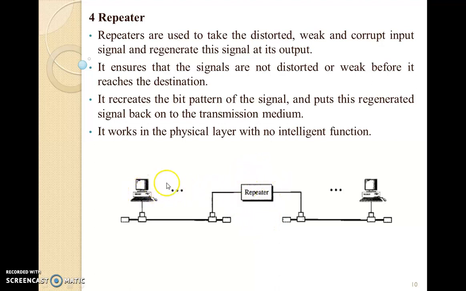Now see, in a network medium, let us say this is a sender and this is a receiver. Now there might be a greater distance between the sender and receiver, and at this location the sender's data or signal goes weak. Now this repeater boosts those signals, regenerates and repeats the signal and forwards it to the next route or next networking environment. So this is the task of a repeater, which repeats or boosts the weak signal.